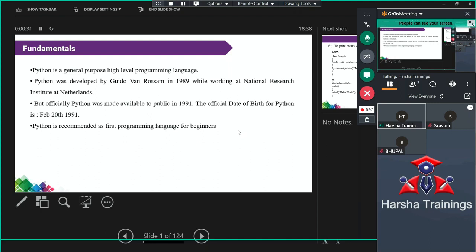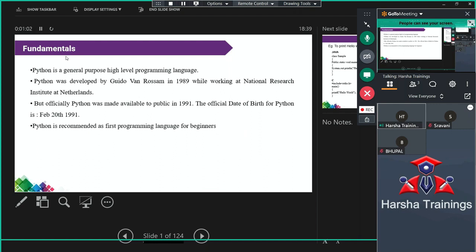In the simple sense, these are the fundamentals: what is an operator, what is a data type, what is a keyword. All those are basic terms. So we will complete the basic terms a little bit faster, and then we will slow down on the programming. Okay, starting from this one. Again, there is a demo, and each and everything is not at all required. If you know directly, in today's session you will understand what we are going to discuss under Python programming. Okay, so these are the fundamentals.